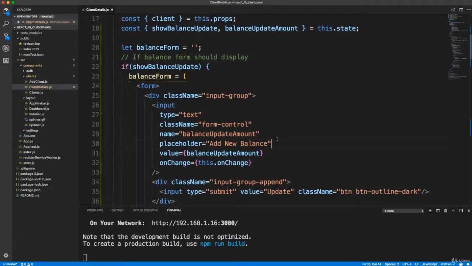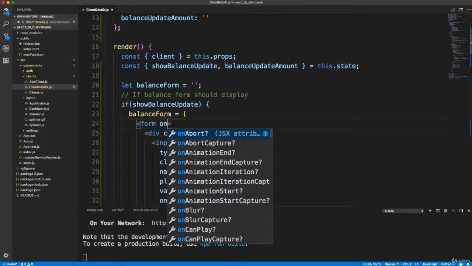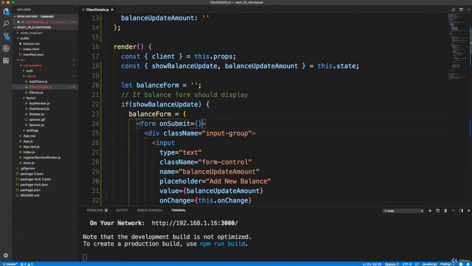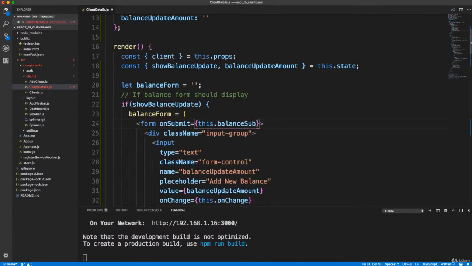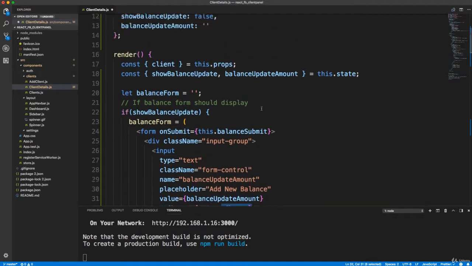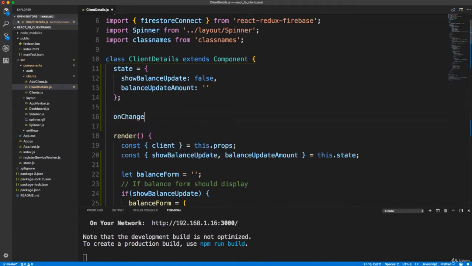so yeah, and then the form itself, the form tag needs an onSubmit, and that's going to call a function called this.balanceSubmit. Okay, so now we need to create onChange and balanceSubmit. So let's go above the render. Let's put our onChange, which is going to be very simple. It's just going to do a setState,